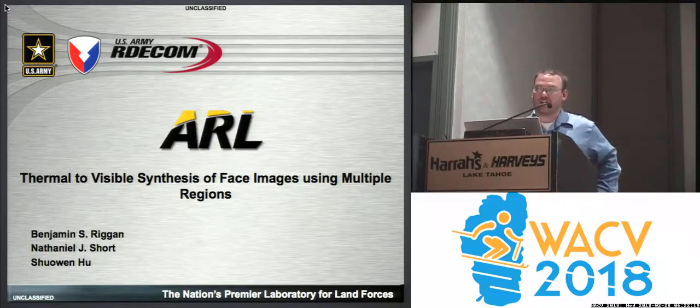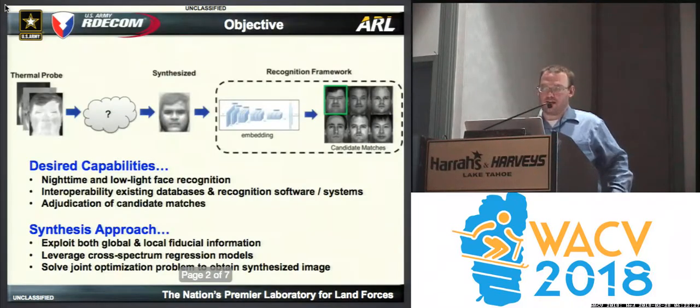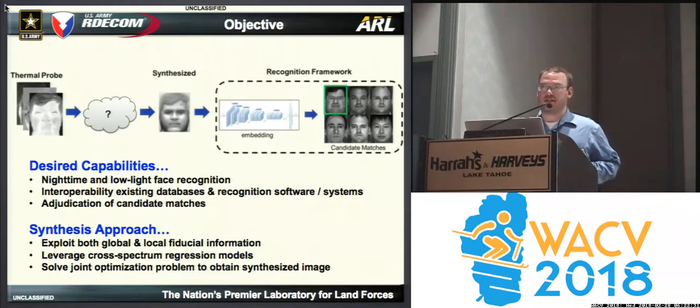Riggan. This is our work on thermal-to-visible synthesis of face images using multiple regions. This is a collaboration with my colleagues Nathan, Shuowen, and Chan Hu. So the main objective here is we want to be able to take thermal data. This could be conventional thermal, polarimetric thermal faces, and then synthesize a face such that we could end up using